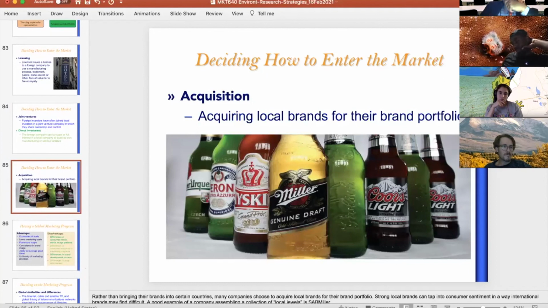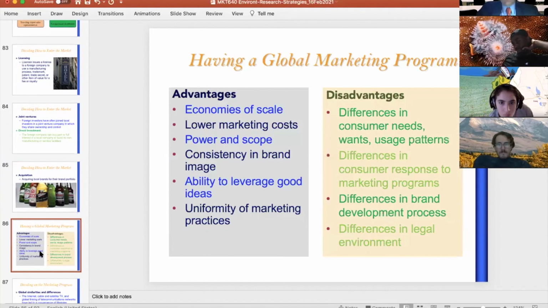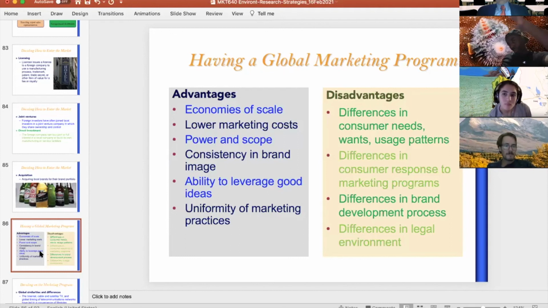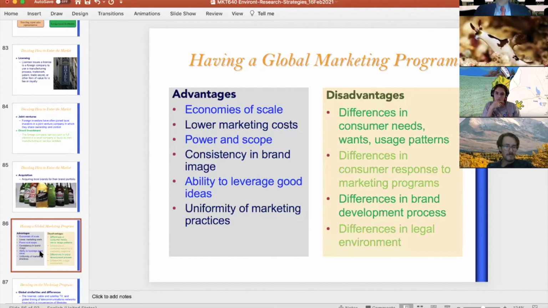Sometimes, that's good if you can afford it, but you can buy a local brand and then use the existing structure of that local brand in order to start growing your own domestic brand. So obviously, going overseas allows you to sell more product, because you sell domestically and now you're just expanding. That's the benefit: you can expand much faster because you can take advantage of not only your domestic opportunities, but the other ones, and you can save by producing more and having more customers, saving on the overall cost.